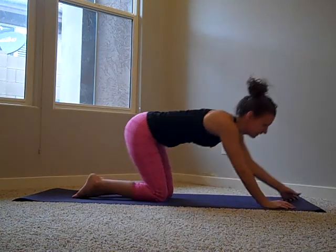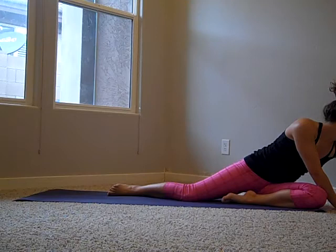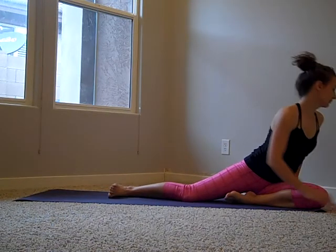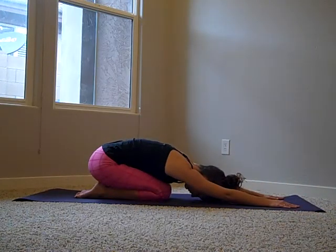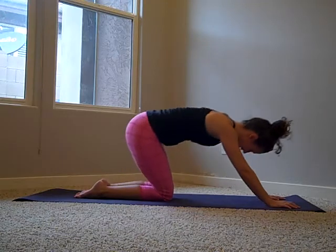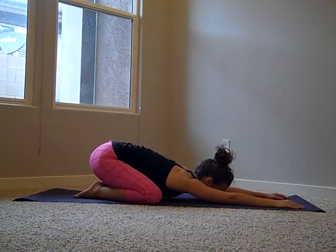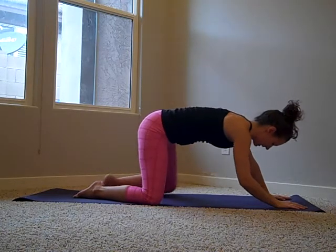Coming back into your breathing. If you maybe lost track of your breathing, slow it down. Take your knees wide, keep your feet together, let your heart drop to the mat. Inhaling, coming up to seated,